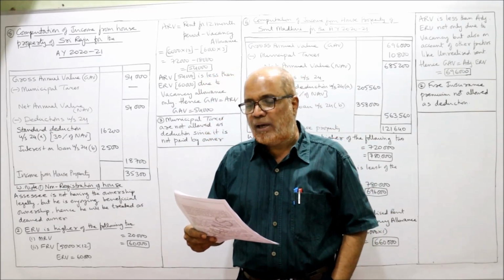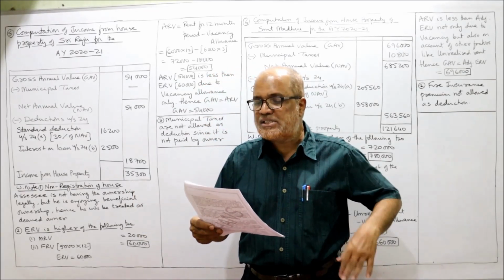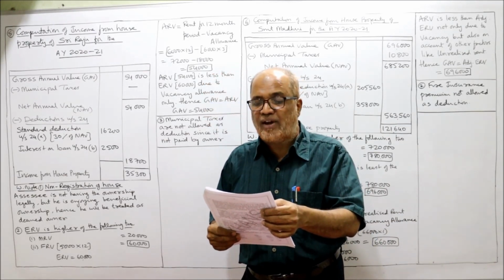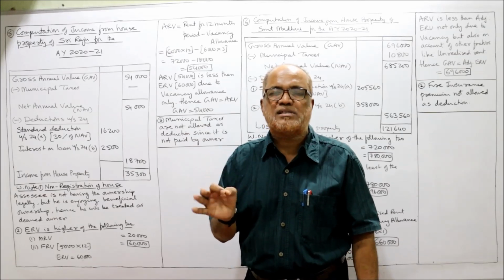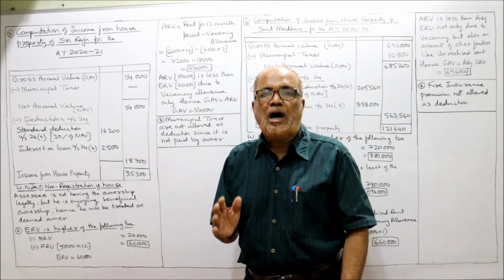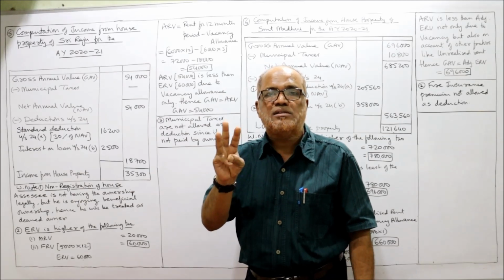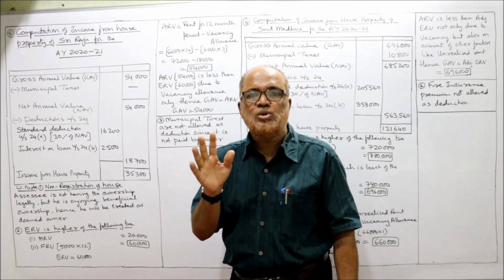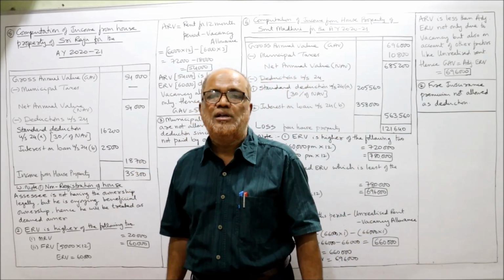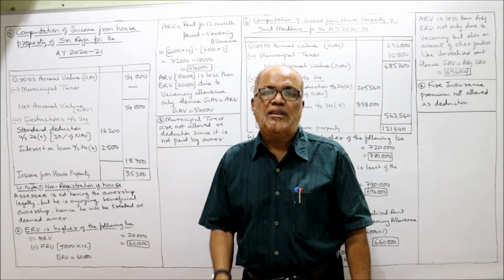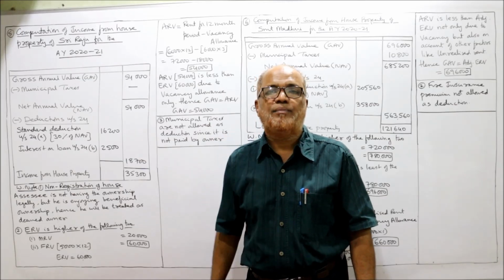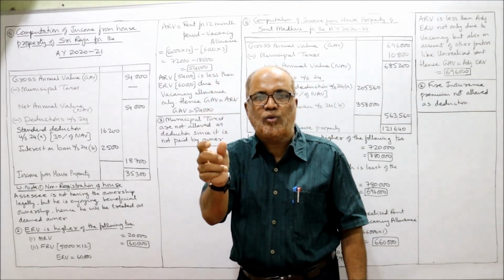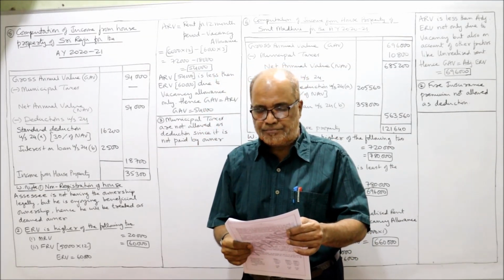Now municipal rental value MRV is 20,000 per annum and the rent of similar building FRV is 5,000. During the previous year, the house was vacant for 3 months. This is the new point we are coming across for the first time. The house was vacant for 3 months during the 12-month period, no tenant was there. So this vacancy allowance will be deducted from ARV. ARV will be calculated by taking the rent of 12 months minus vacancy allowance.